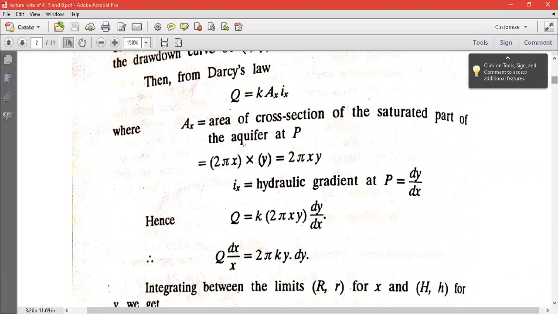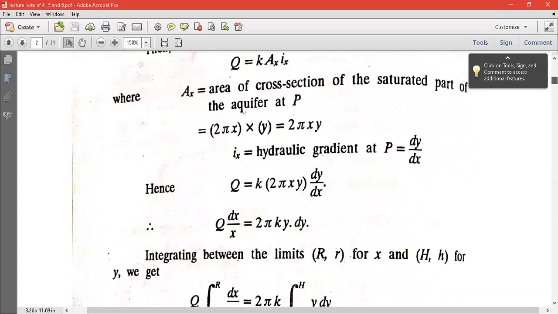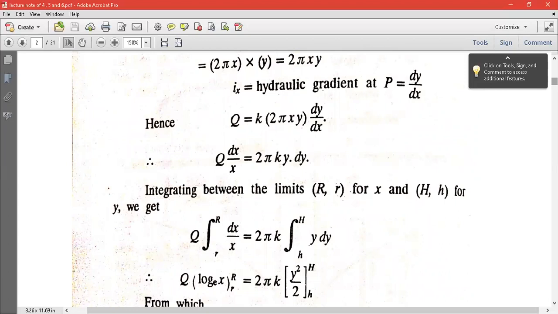Now, if you just cross multiply, right hand side to left hand side and left hand side to right hand side, so ultimately the equation can be transformed into the manner Q dx by x equal to 2 pi k y dy. Now you integrate the left hand side and right hand side with the boundary condition. Boundary condition means x from small r to capital R. Small r is the radius of the well and capital R is the radius of influence, up to which the curve coincides with the